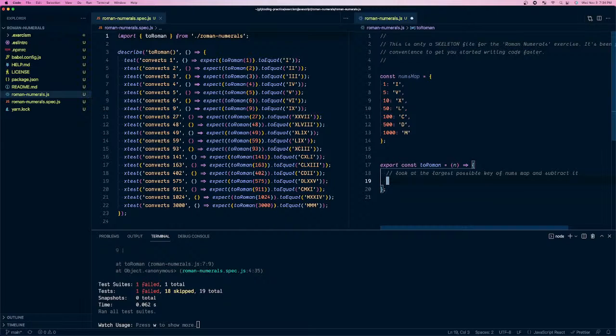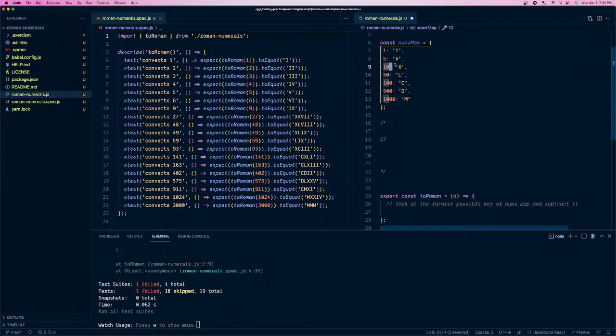So let's take the case of 27. Let's make sure we solve the problem first. 27. We're going to say the highest one is 20, so we're going to do 10. So we're going to do X, and then we'll be left with